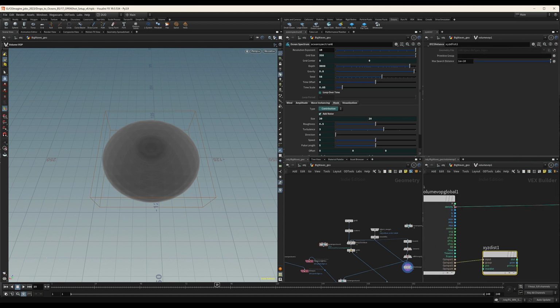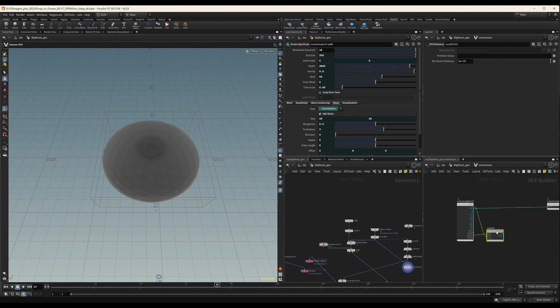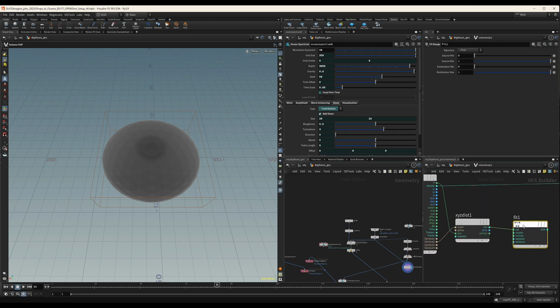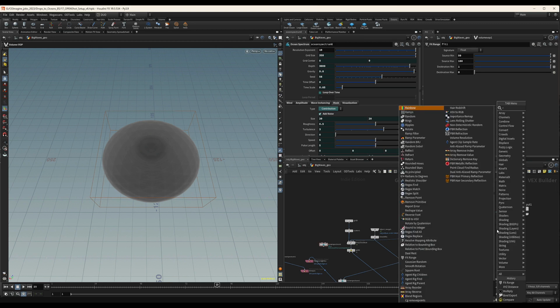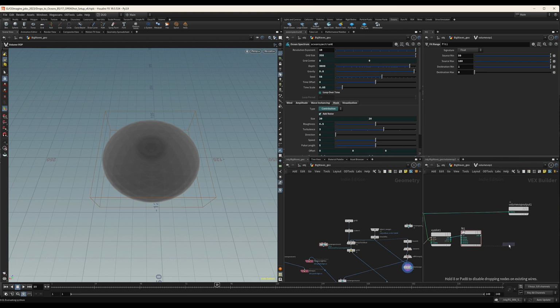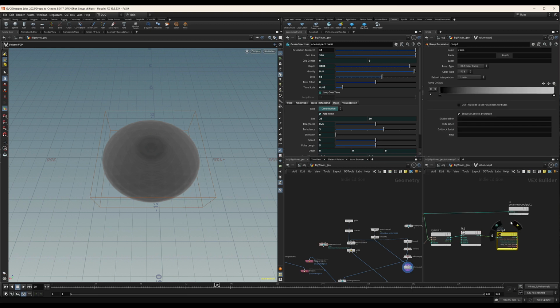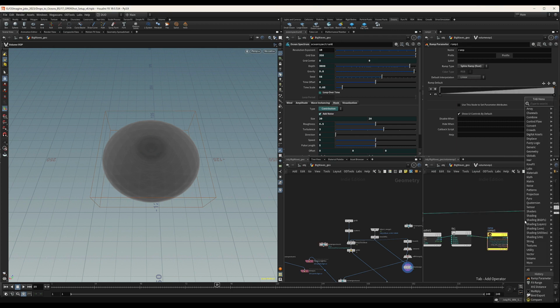From the second input, we grab the position, we fit range, and I want to fit range this one between, I don't know, 50 meters all the way to 100. And when it's 50 meters, I want this to be full on, and at 100 it's 0. So it's going to have a gradient all the way to the edge. And we can make a ramp just to control this a little better, so it's not linear. And we're going to multiply that,